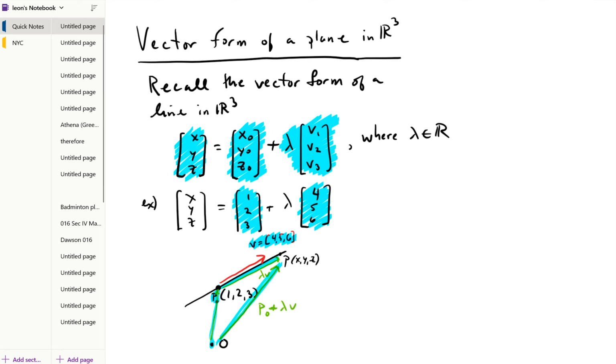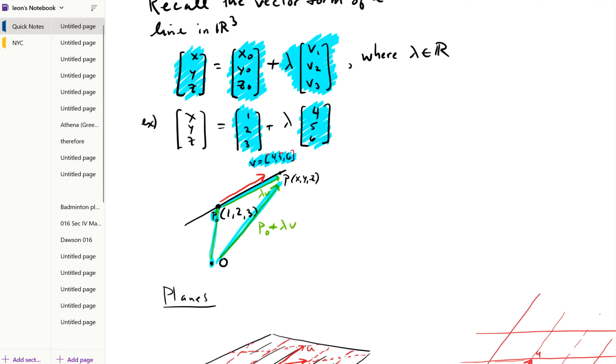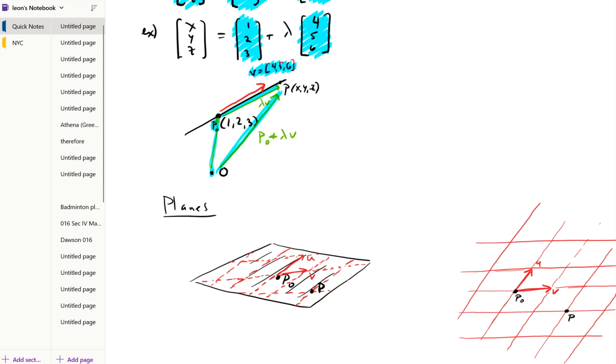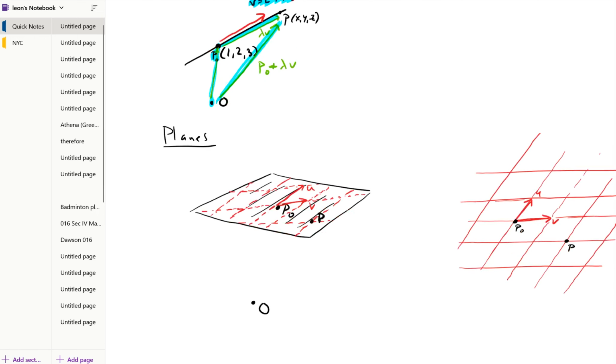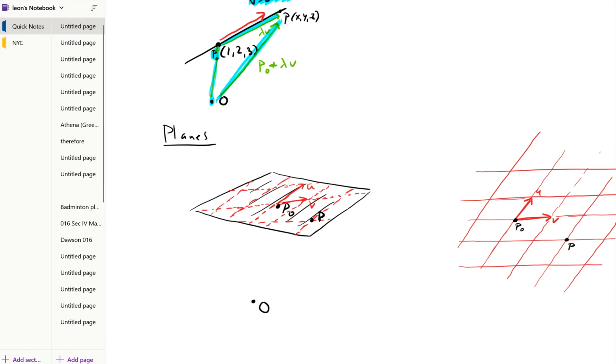Now we're going to try to generalize this to get vector forms for planes in R3. Now imagine I've got this plane here, okay? So now it stretches in all directions. So I've just illustrated part of this plane. So you have to imagine that this drawing is in 3D. You have to put your 3D glasses on, okay? It's some plane, so imagine I've got this point again, p0,